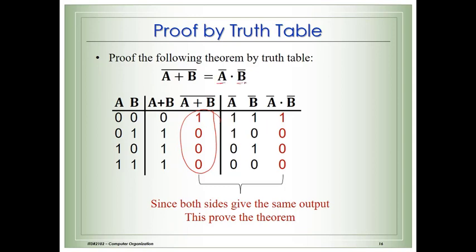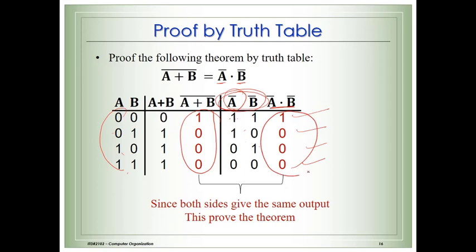Then for this one, you get A not. How will you get A not? Whatever A is there, take its inverse, right? So A was 0, so it is 1 here; it was 0, so 1; then 1 becomes 0, 1 becomes 0. Similar for B not, right? B was 0, so here 1. It was 1, so 0; 0, then 1; 1 to 0. Then you go and perform the OR operation between these two values, not A and not B. So 1 and 1, 1. 1 and 0, 0. 0 and 1, 0. 0 and 0, 0, right?